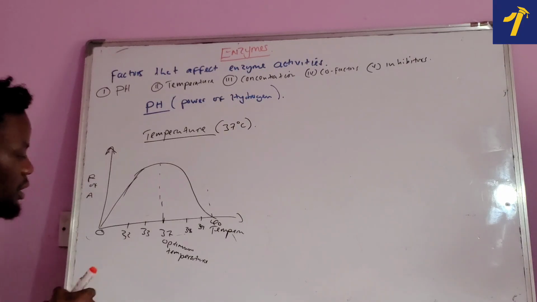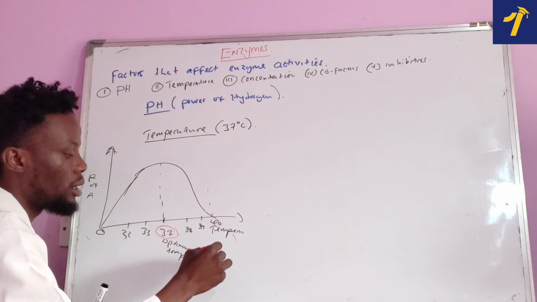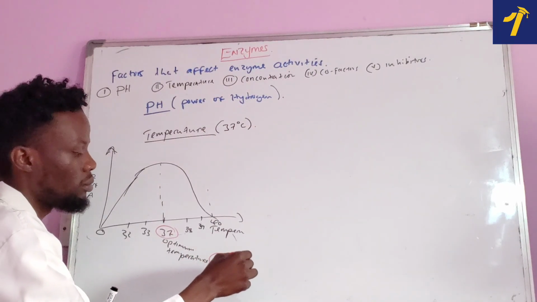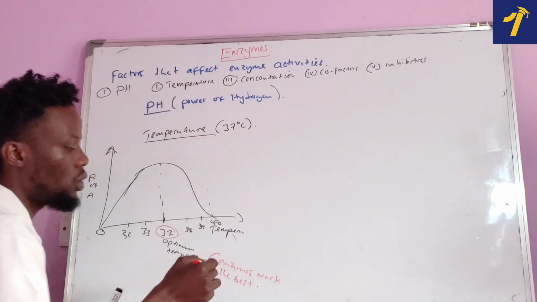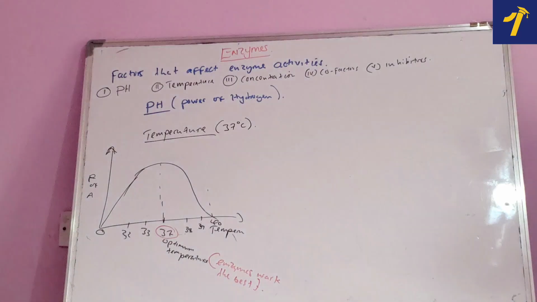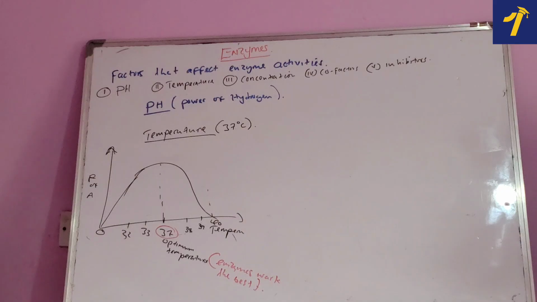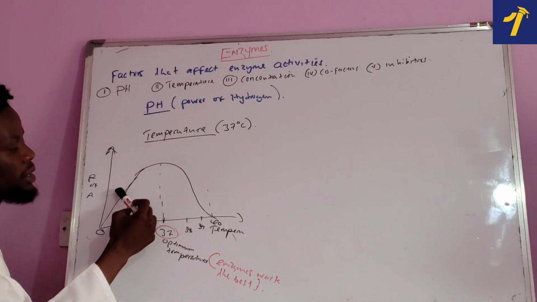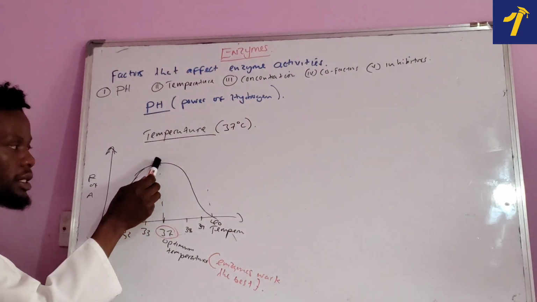Optimum temperature is the temperature where enzymes work the best. So the optimum temperature is around 37, and the definition is that this is the temperature where enzymes work the best. Enzymes work the best at 37 degrees Celsius because this is what we call the optimum temperature. Now, the more I increase the temperature, the more the rate of enzyme activity increases. But the moment I hit this 37,